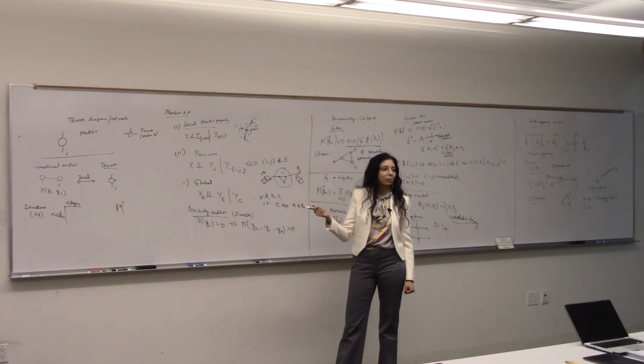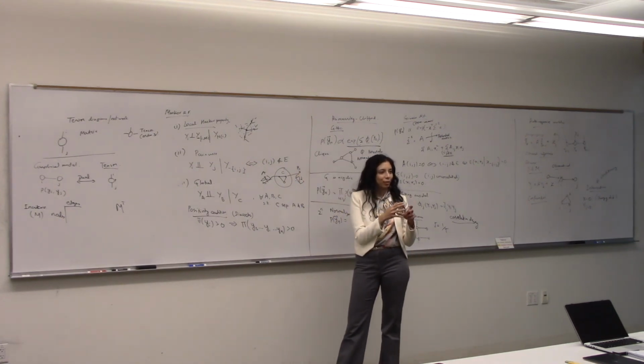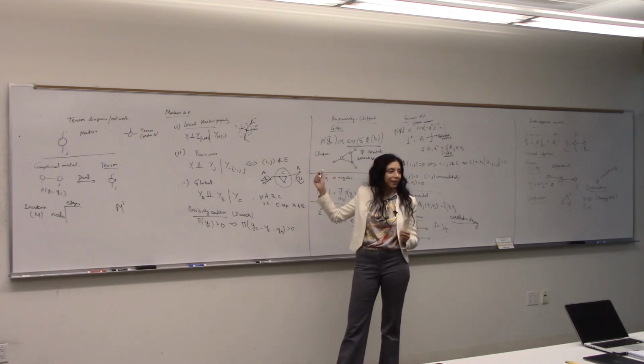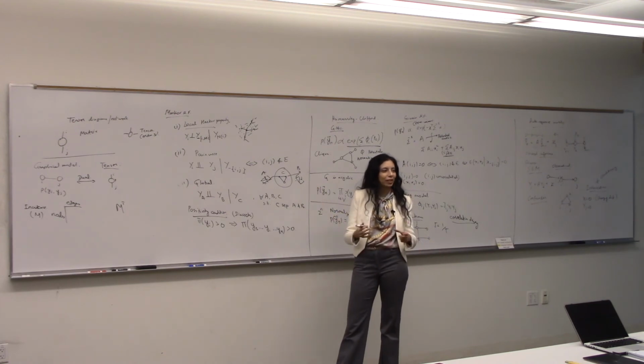So in my graphical model representations, I'm putting the nodes to be the variables and the edges as the factors. Whereas when I write the tensor diagram, the factors are always the nodes. So that's why I just switch the representation. So whenever I have the Markov graph, all I need to do is take the dual graph and I get a tensor diagram. And if I do contraction on the tensor diagram,